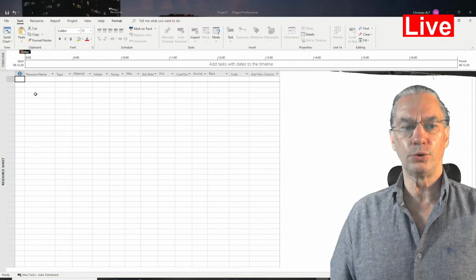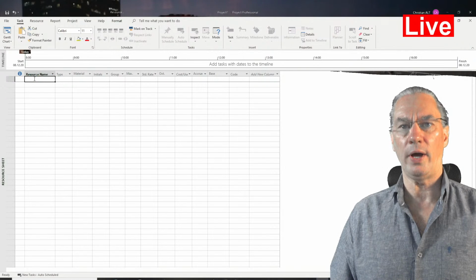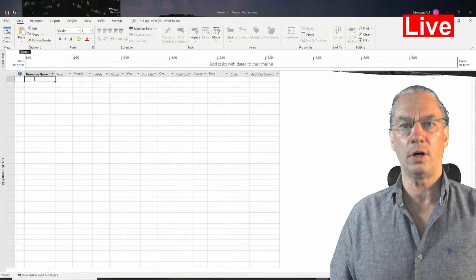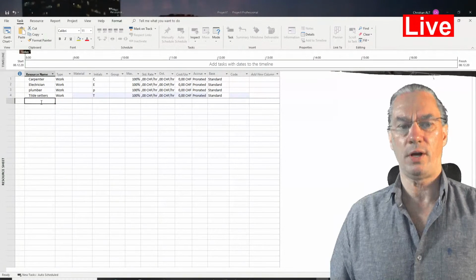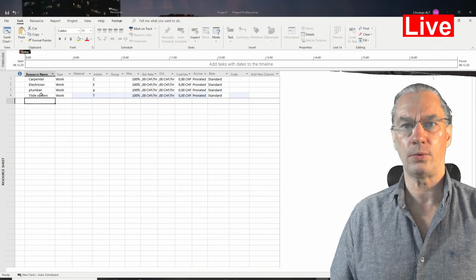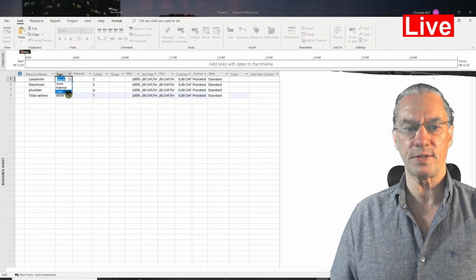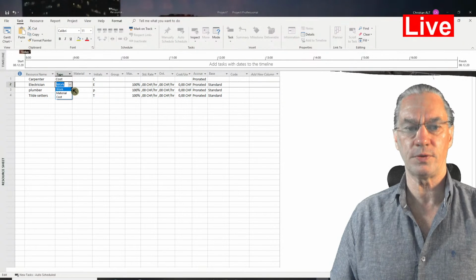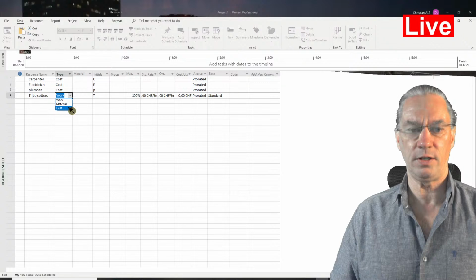So I move now to the resources, and here I'm going to enter resources which are of a special type. They are resources, with those 4 resources, so that you understand how this works. And there will be resources of type cost, because they are contractors that simply come and do their work. So they are here, you see.